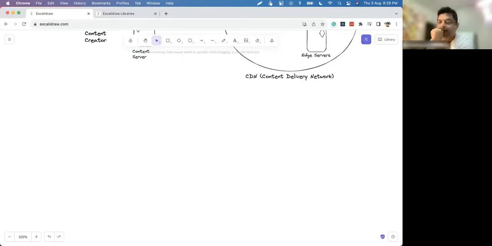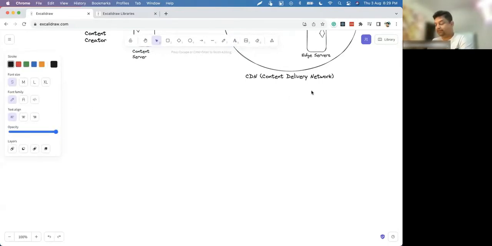I think the problem is clear. So that's the functional requirement we will be dealing with here: live streaming of sporting events, or it could be music concerts also.